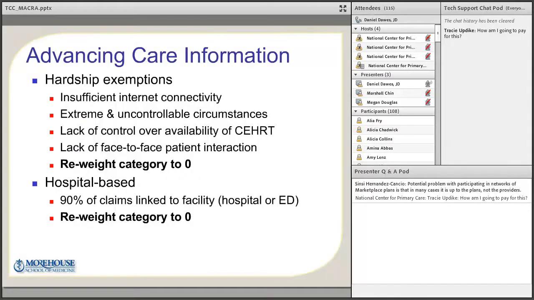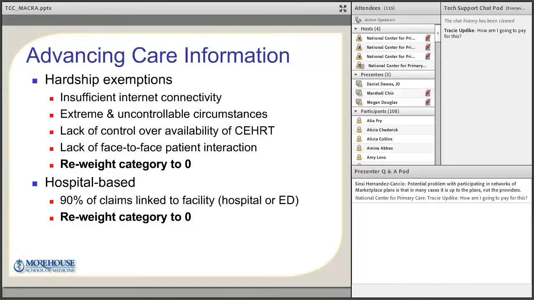Now, in meaningful use, there was a hardship exemption for clinicians who serve lower socioeconomic status patients. Here, they've recognized that they had that hardship exemption in this proposed rule, and we know that was for insufficient internet connectivity. Oftentimes, we find that vulnerable populations, disparate groups, don't have access to that internet connection. Extreme and uncontrollable circumstances, God forbid there's a hurricane or a natural disaster, lack of control over availability of an electronic health record, and lack of face-to-face patient interaction. So there used to be that hardship exemption, and now